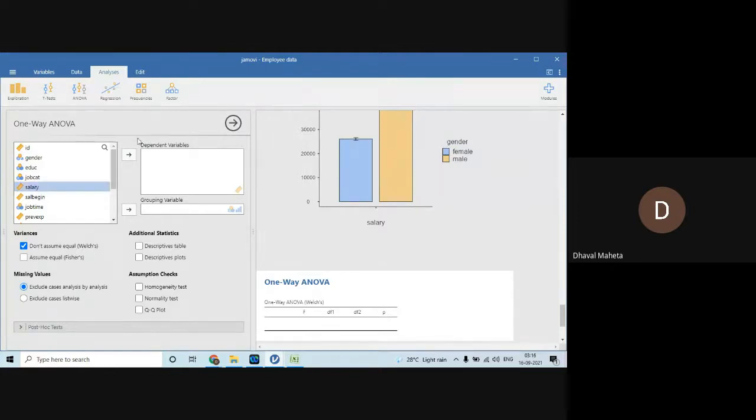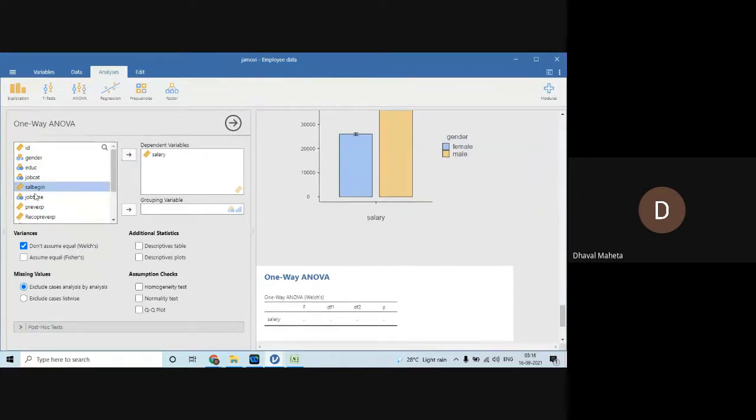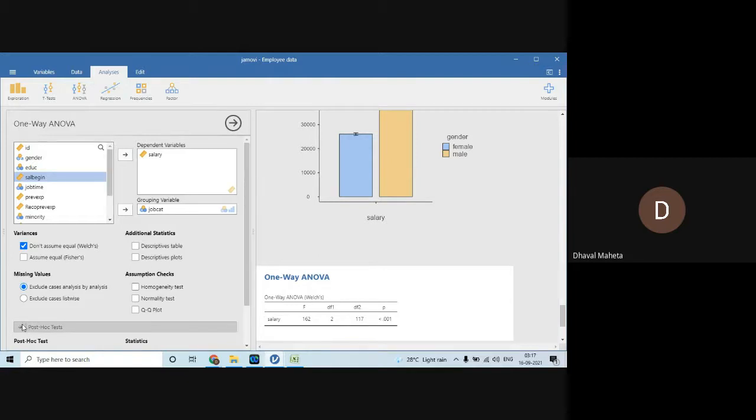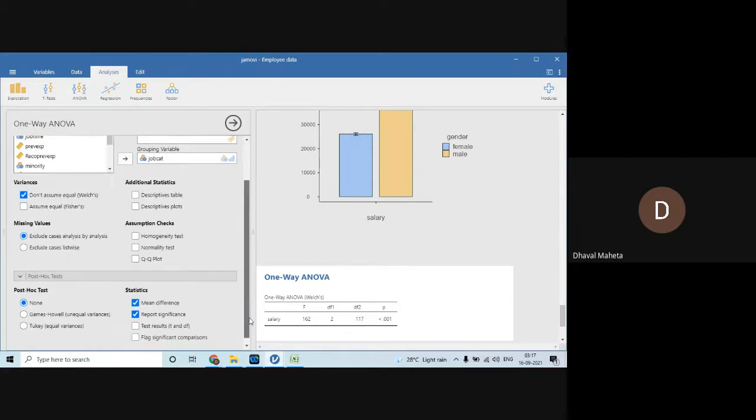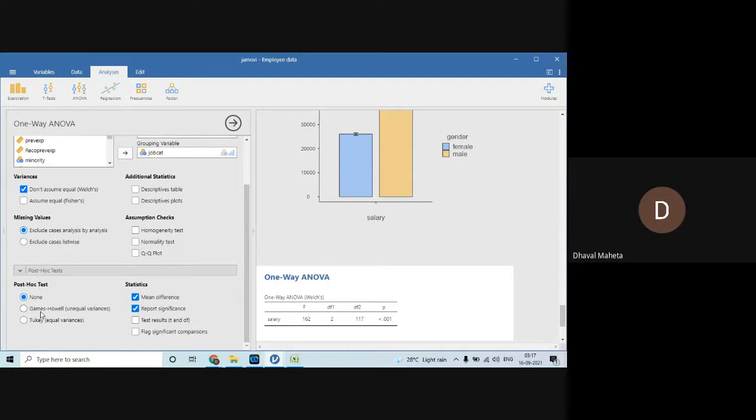Include salary here and job category here, because it has more than two groups. Click on post hoc and click on Tukey's test.